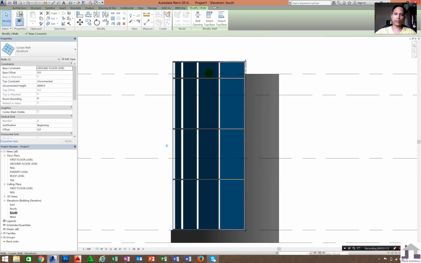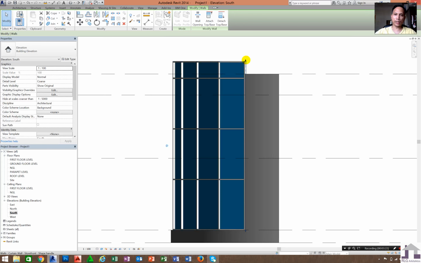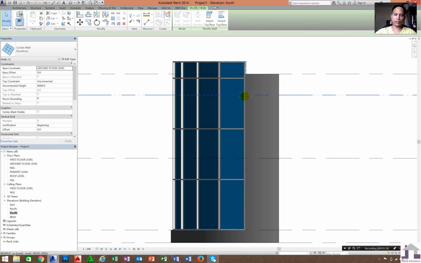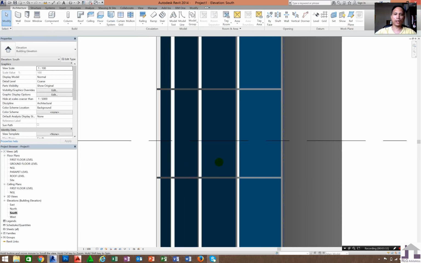So the base constraint of that is ground floor level, and then if I click this one and drag down here, it will go down.